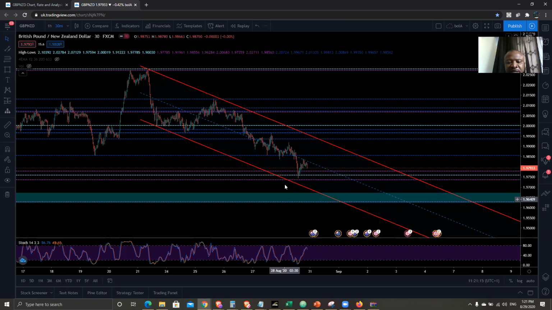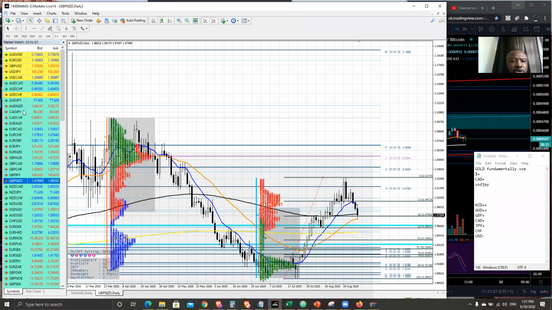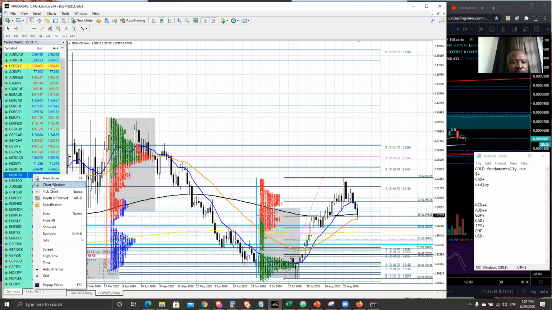I think we have some 38.2% retracement around there, but yeah, pound New Zealand is not meant to be touched until it gets somewhere over there. What I want to look at now is New Zealand against the dollar. It might actually be giving us an opportunity to